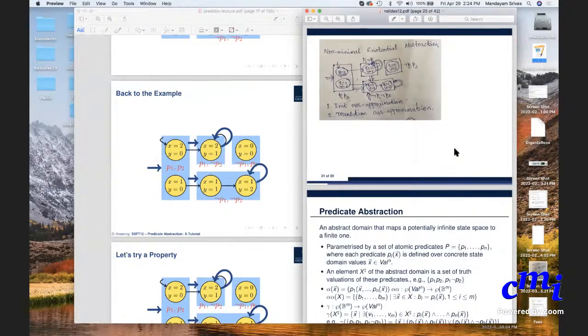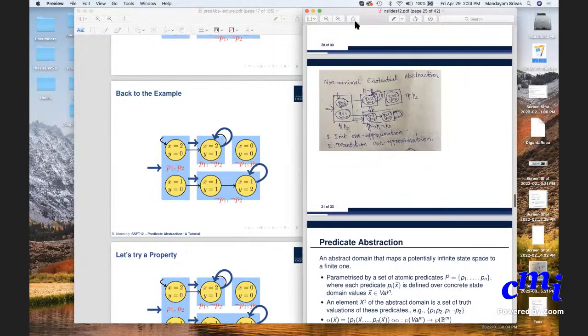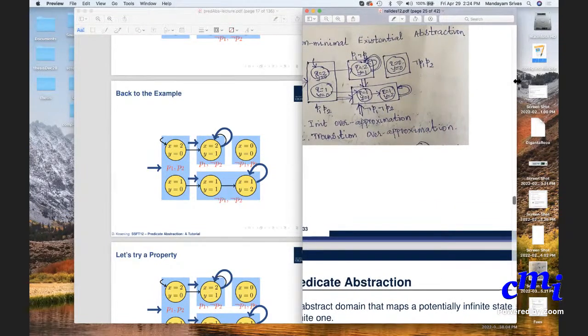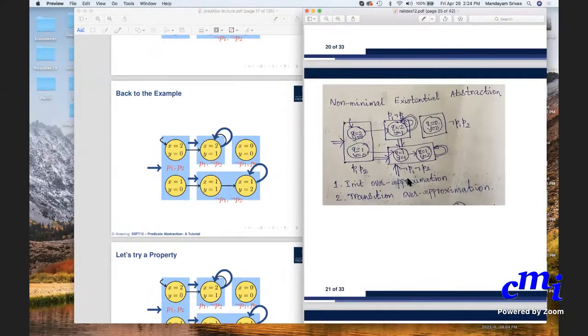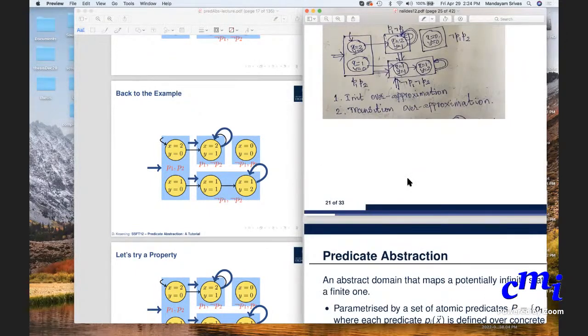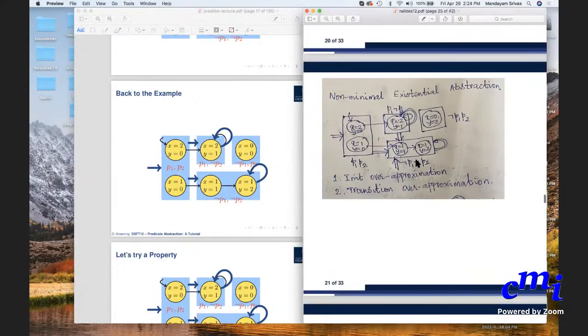For example, here this one is also a little bit bigger. I want to do this. This won't work. I have a problem with this. So let me